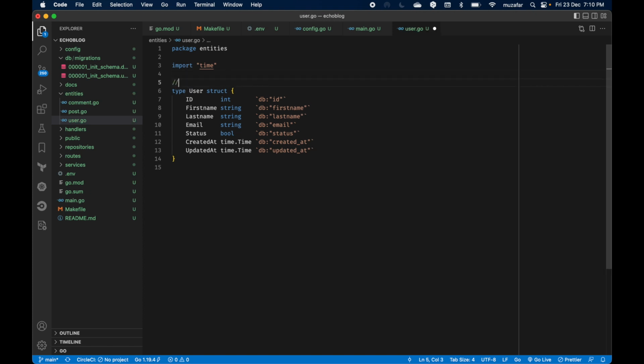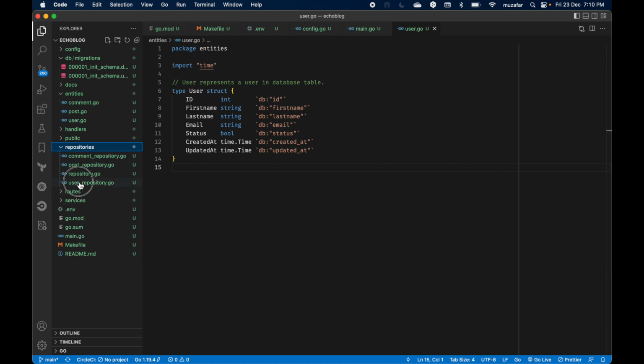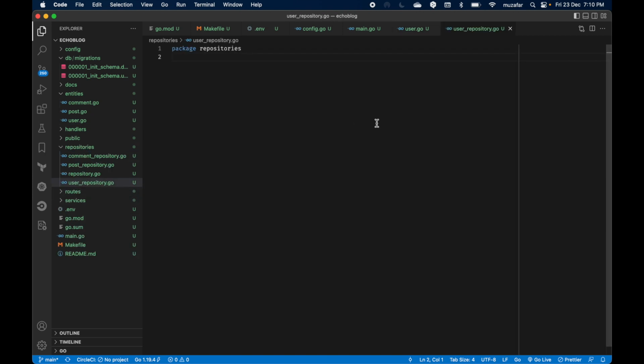Since we are here, let's add a comment, since it is an exported struct. So we need to add a comment here: represents user in database table. That's enough. Now let's go and create a repository. So go to repository and open this user repository file, and in there